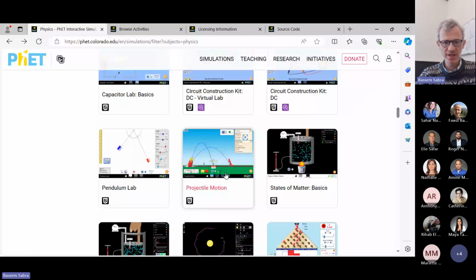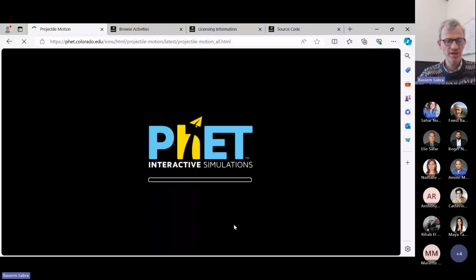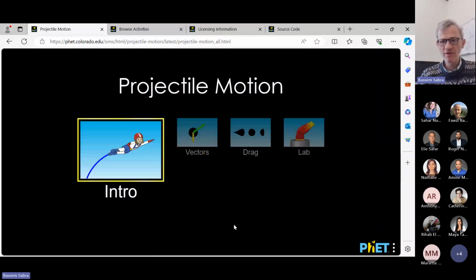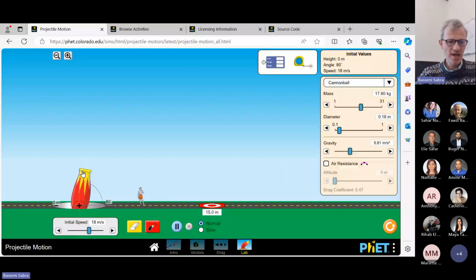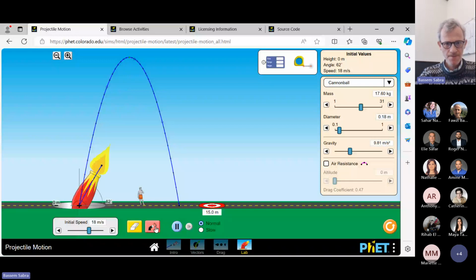Of course, there are things about trajectories. Students also go crazy about that. I can't resist showing you this, now that we are on the brink of war. You have a cannon, and you can play around with the initial speed. If you have a target, you want to hit the target, and fire the rocket. Let me see here. It marks the trajectory of the projectile. You can change things here, and then fire it again. Oops, no.